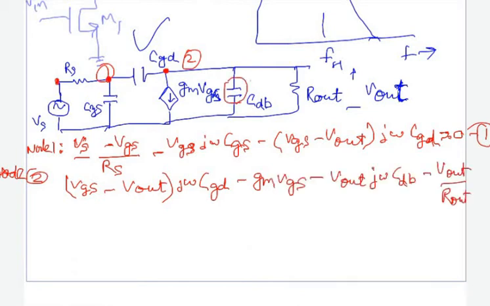So when you solve these two equations and take some approximation, you have to approximate it a little bit,